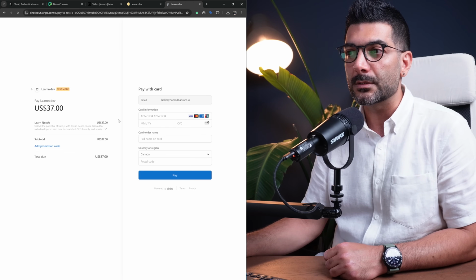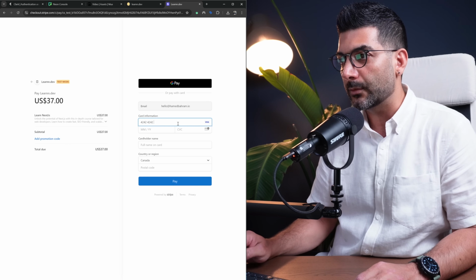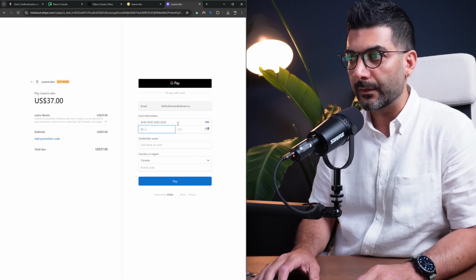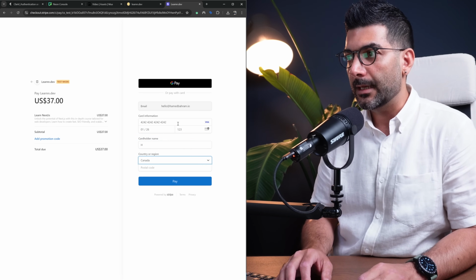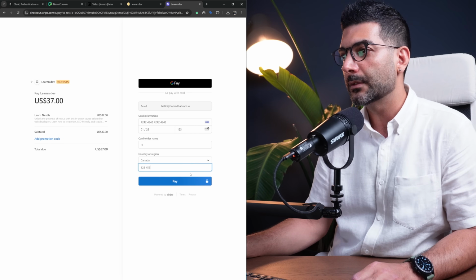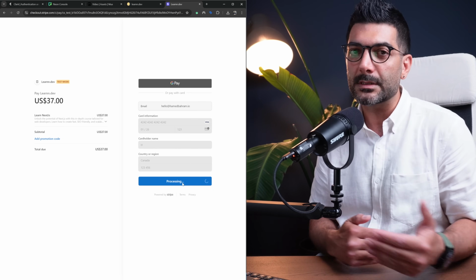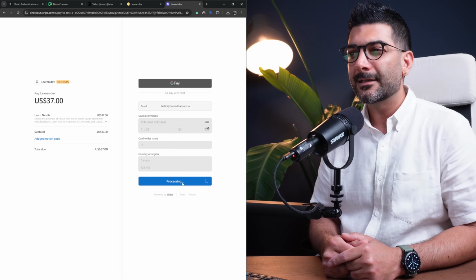This is going to redirect the user to our Stripe page where we can just put in a fake credit card with an expiry in future, a fake CVV, and also a fake postal code. This is going to then process the payment and redirect us back to a success page where we are using